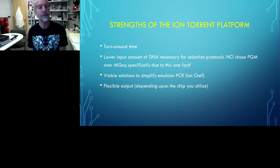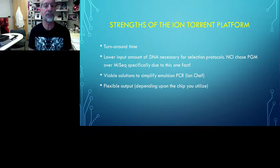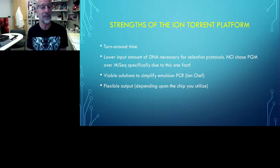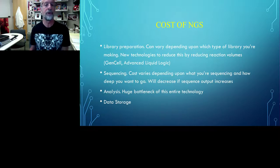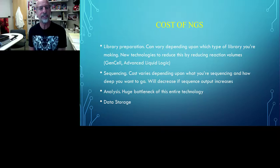There's also viable solutions to simplify emulsion PCR. It's called the Ion Chef, which is an automated machine that does those things, and it has a flexible output. Now, the total cost of NGS turns out to not just be a single thing of DNA sequencing, but is